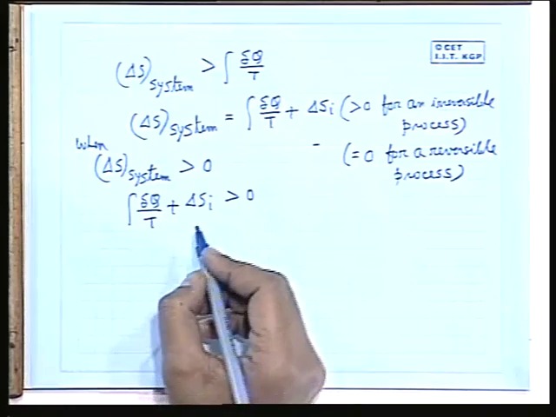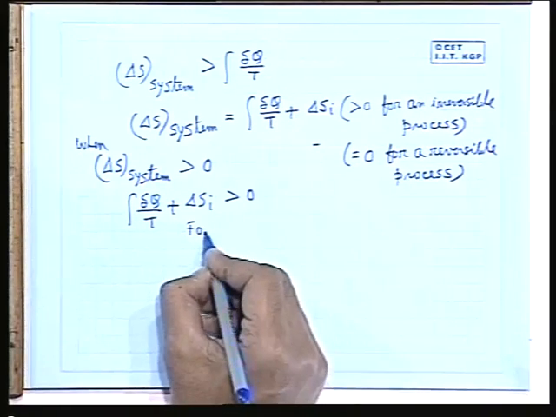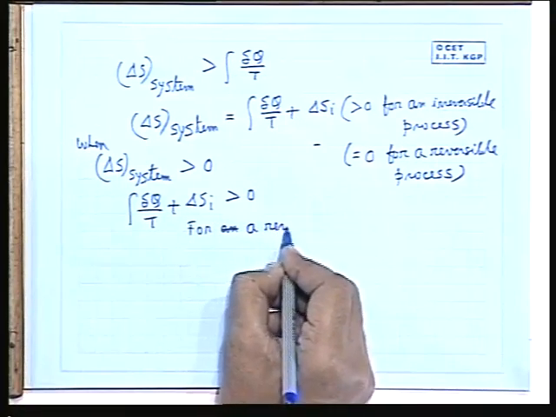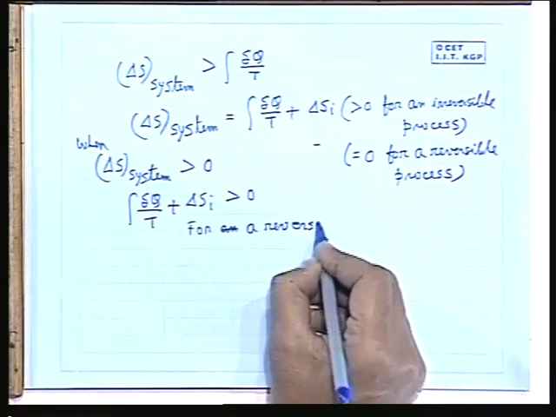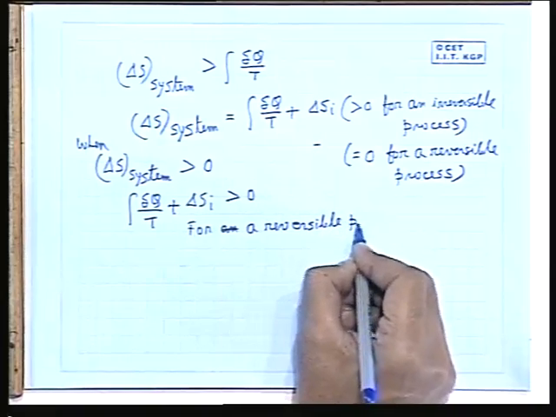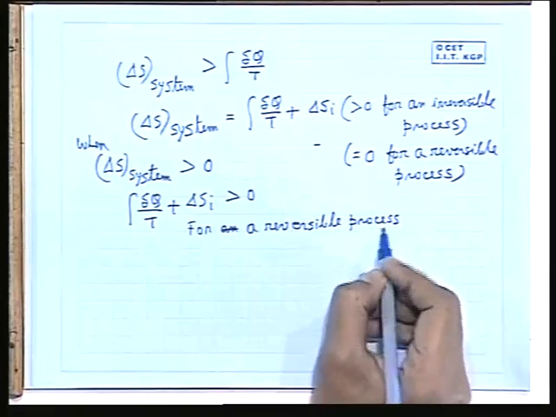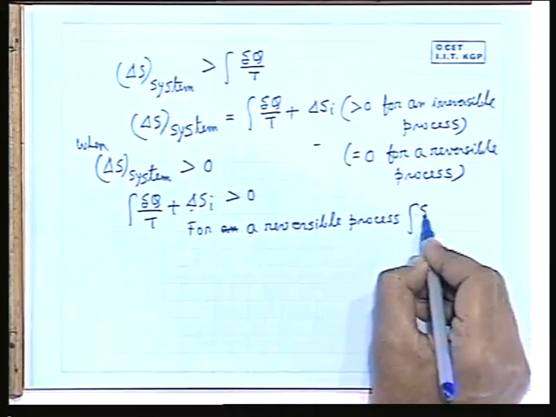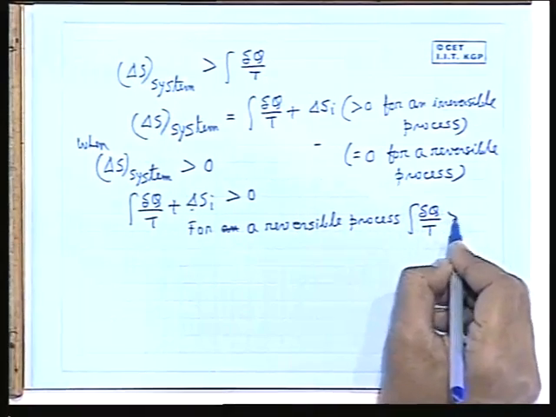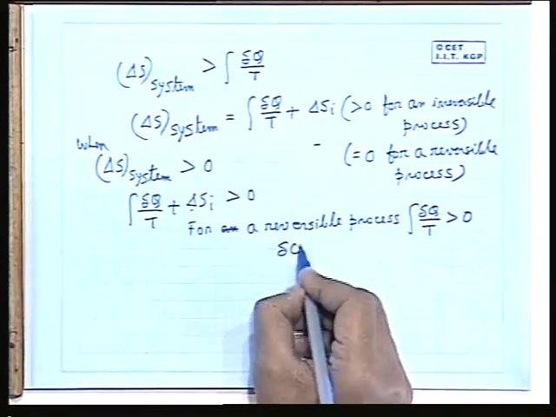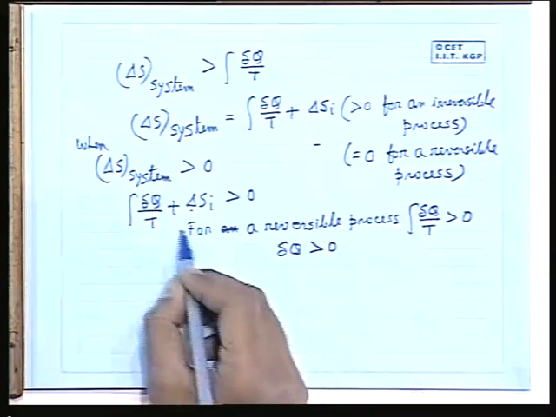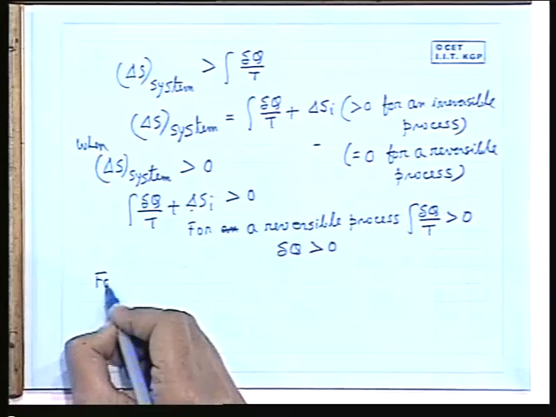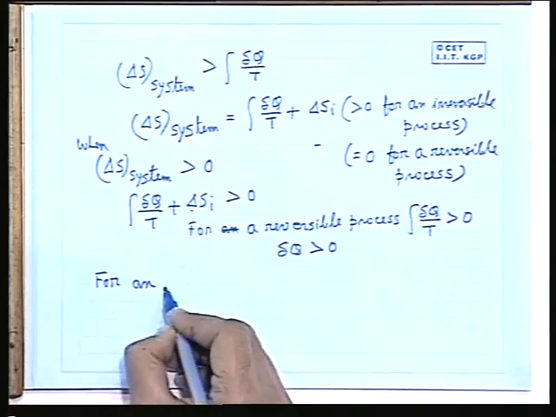So for a reversible process, delta Si is 0, because this is 0, delta Q by T has to be greater than 0, which means delta Q has to be greater than 0. Heat has to be added to the process. Clear? But for an irreversible process, it is sometimes asked in many interviews,